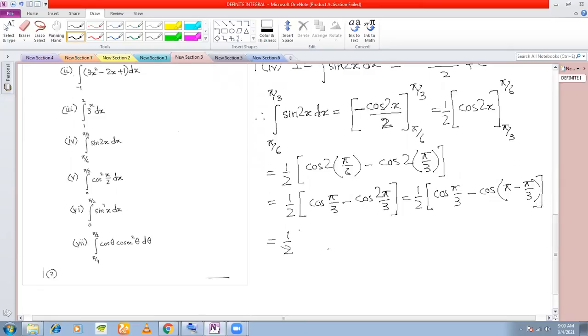Is equal to half cos pi by 3 minus cos. Now this is what? An even multiple of pi by 2. Half cos pi by 3